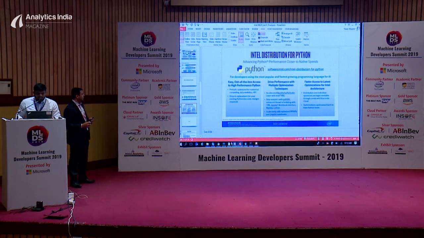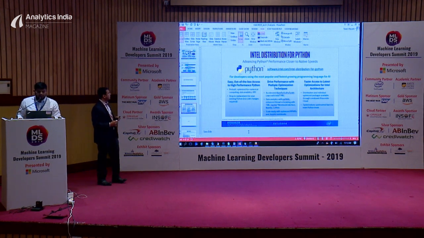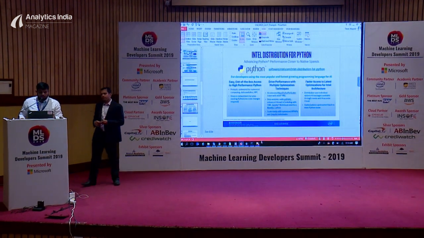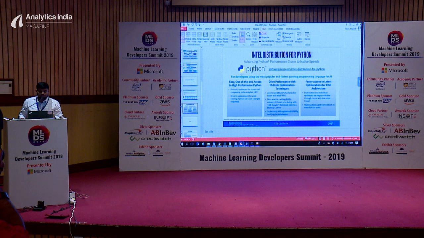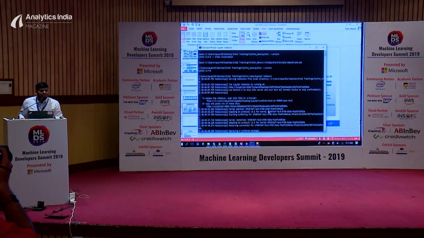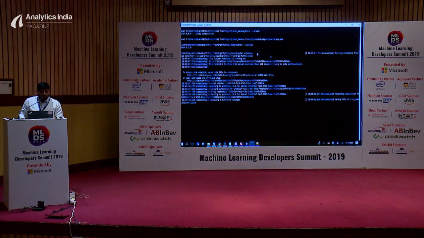So what I'm going to do is I have a code with me. It's a k-means clustering code. And I'll be running that code using the stock Python distribution which I have in my system, and with the Intel Distribution for Python. So I just want you to focus on these lines.